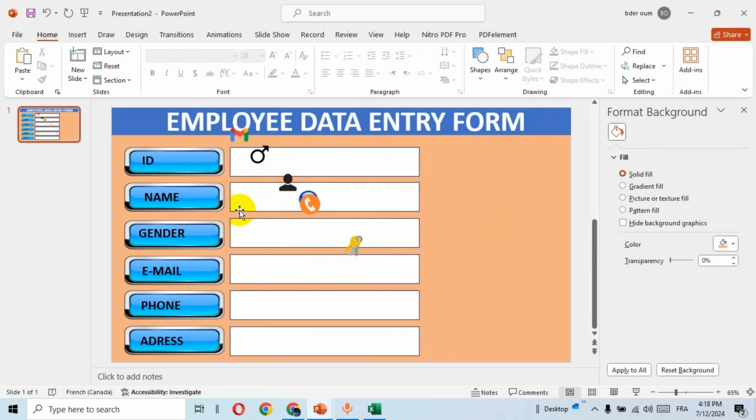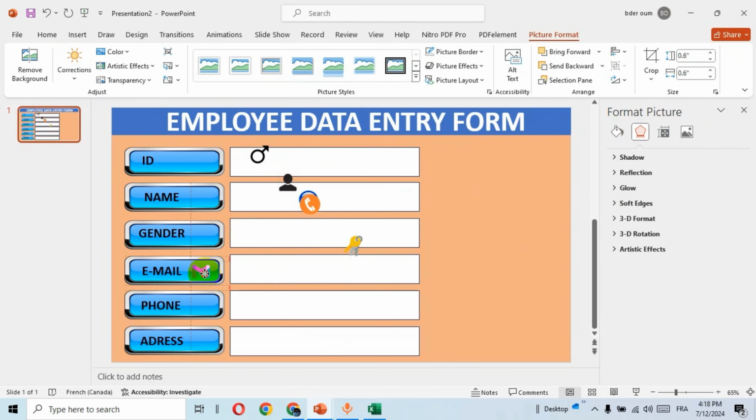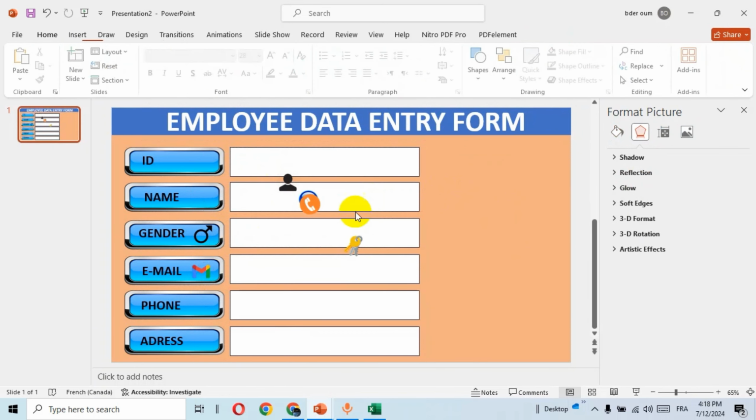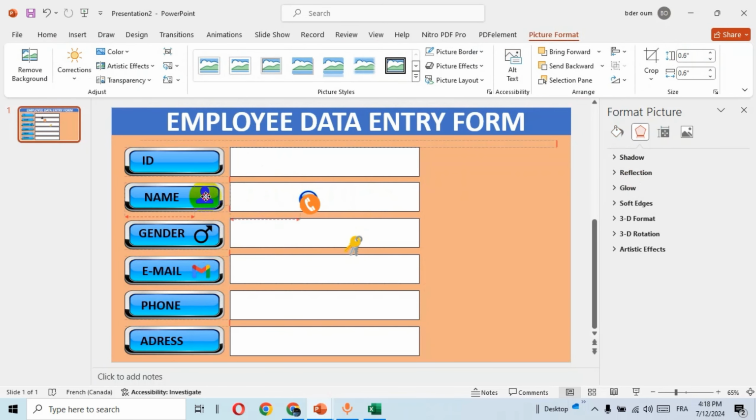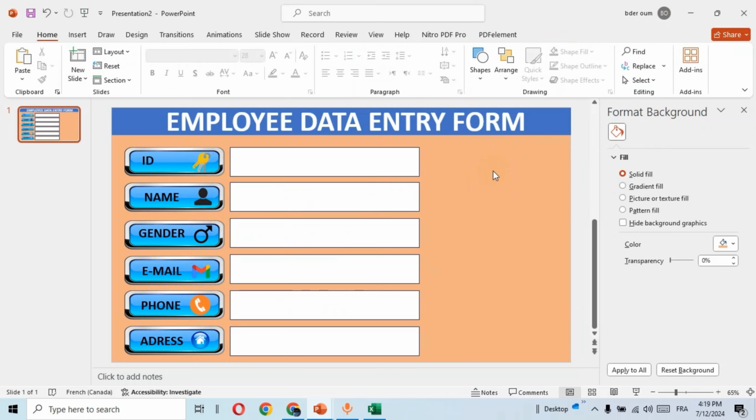All right, Gmail, put it in Gmail, or gender, name, ID, phone, and address. Okay,